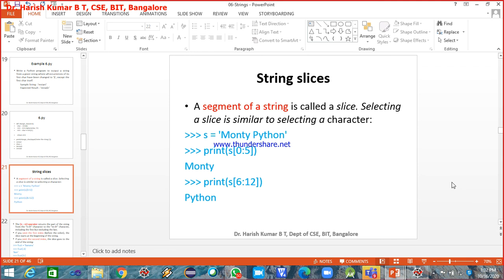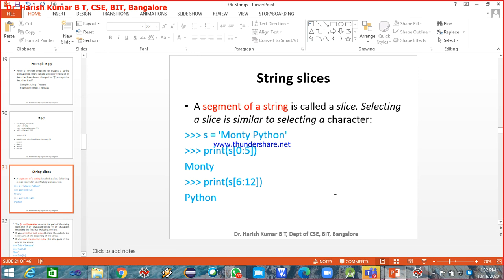So next is string slices. You know this already. A segment of string is called a slice, and selecting a slice is similar to selecting a character. So I want only the first word from this string. This is how I do it, 0 to 5. First 5 characters are taken. Similarly, if I want the second word, 0 to 12.